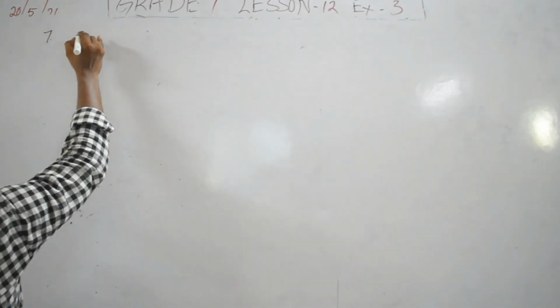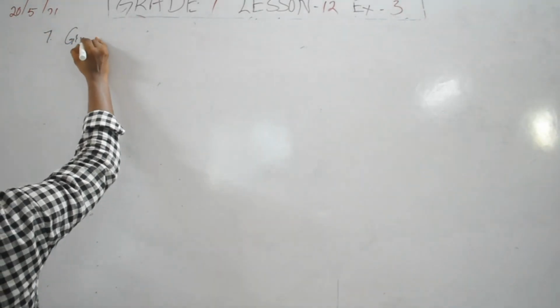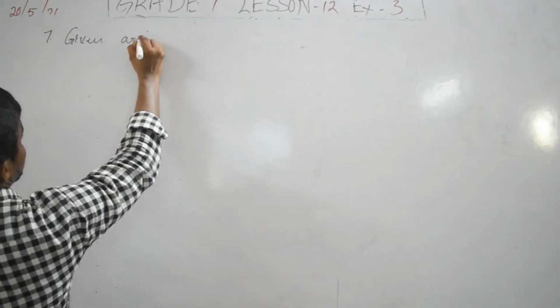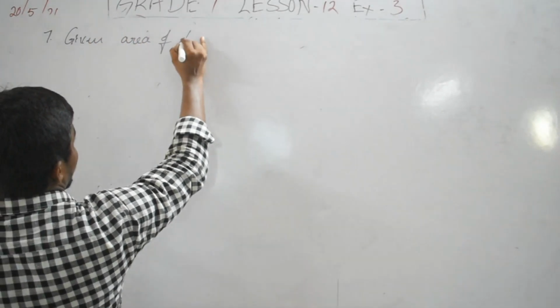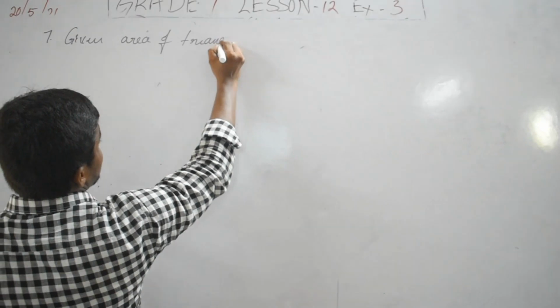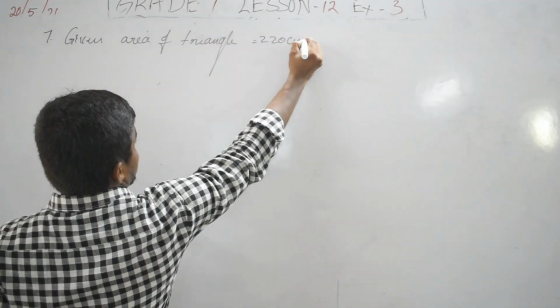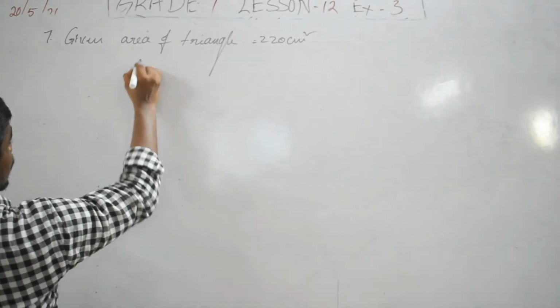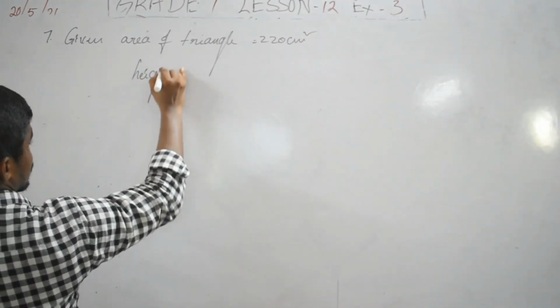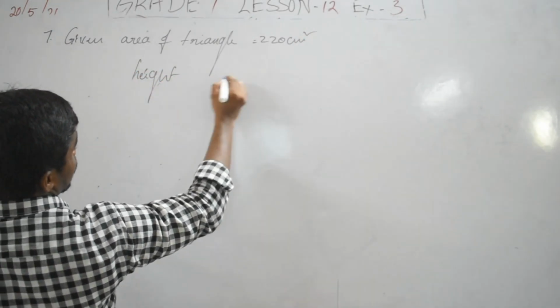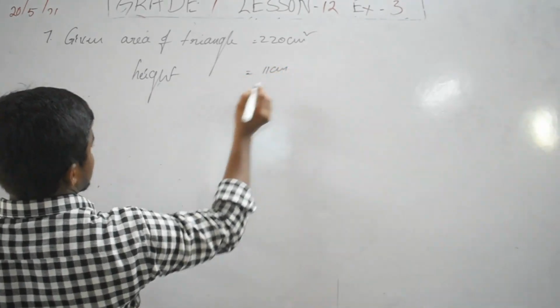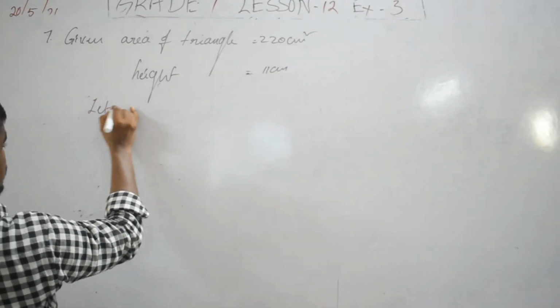Given area of triangle: 220 centimeters square. Height: 11 centimeters. Let base